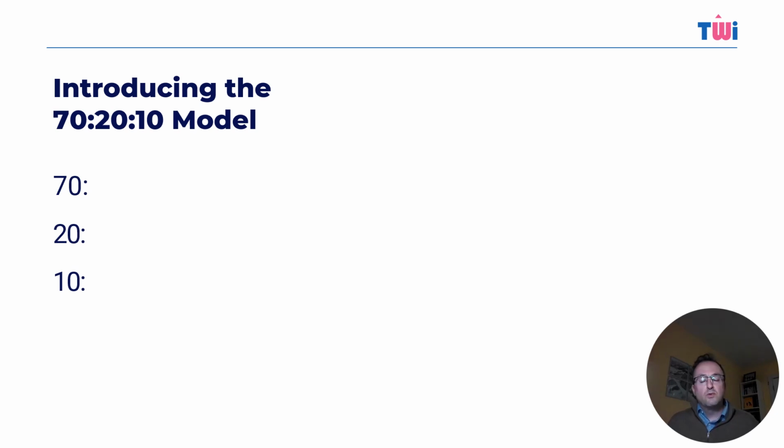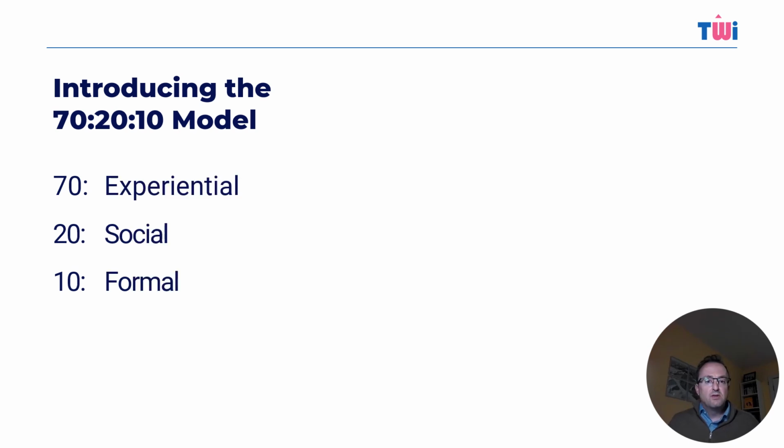I'm sure you're all familiar with the concept and its proposal that learning should be in 3 buckets, 70, 20, and 10, and that learning support should be developed with these different ways of learning in mind. So considering this, we realize the majority of learning comes from experiential or on-the-job learning, and then through social learning, such as mentoring support, buddying up, and interacting with more experienced team members. And really only a small portion of what we learn comes from the delivery of formal learning, such as instructor-led training or e-learning.